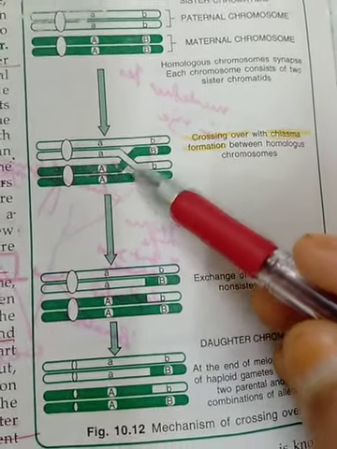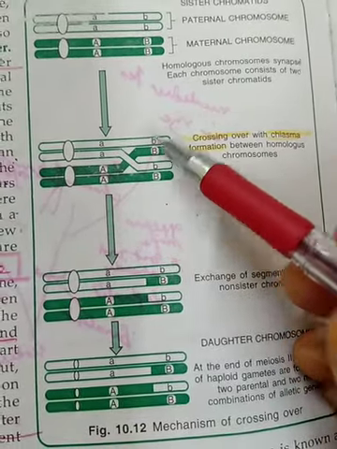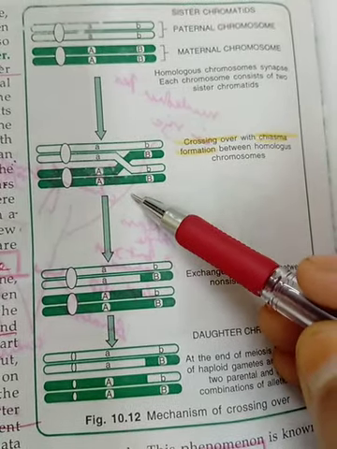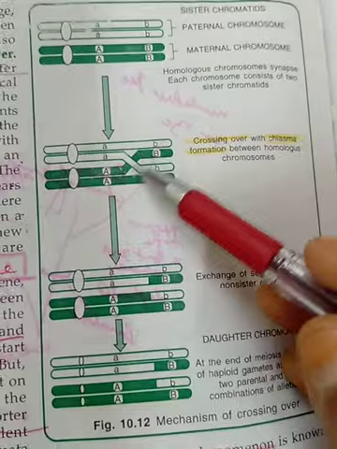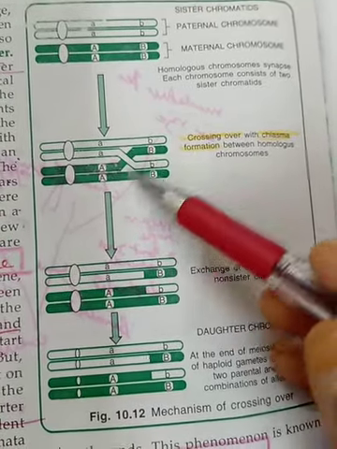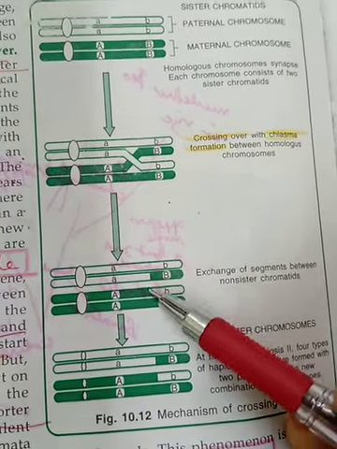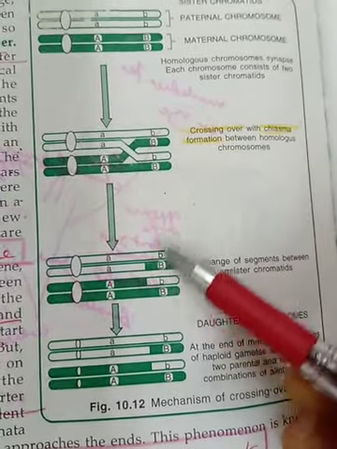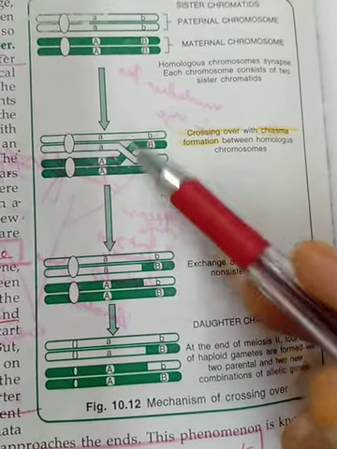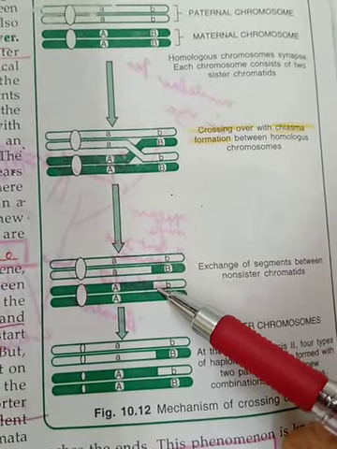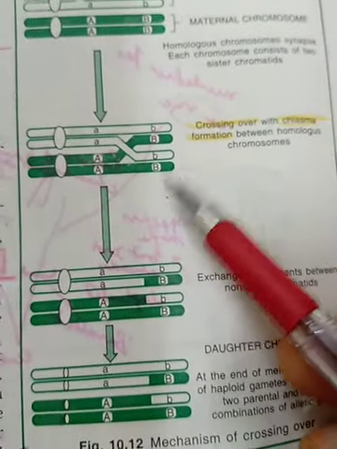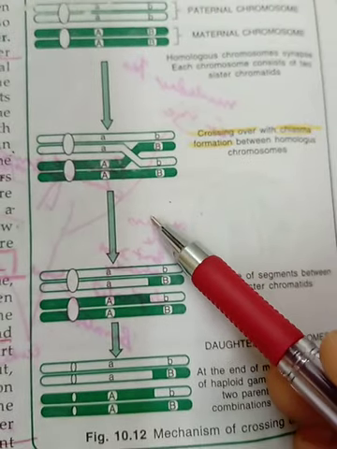Now during crossing over, the non-sister chromatids, that means one white and one black, the non-sister chromatids of a tetrad break at identical points by an enzyme endonuclease, and the broken segments are exchanged. You can see here, the broken black comes into white and the broken white goes into black, right? So after the breaking that was caused by endonuclease, there is also a joining. This joining is called annealing, and it is caused by an enzyme called ligase. Ligase means to join. Ligation means to tie up or join.